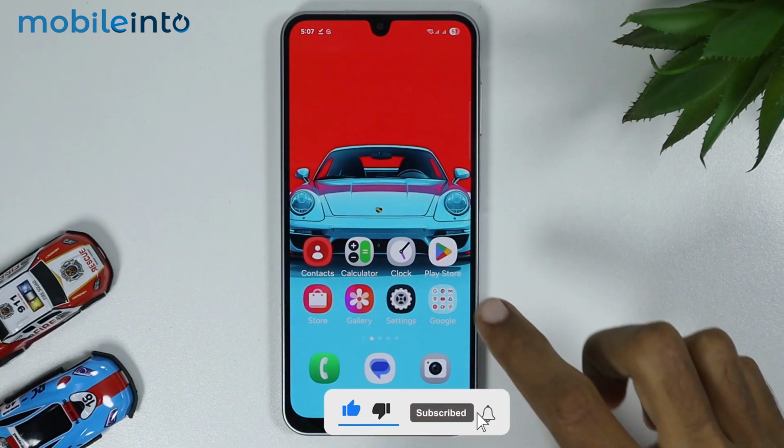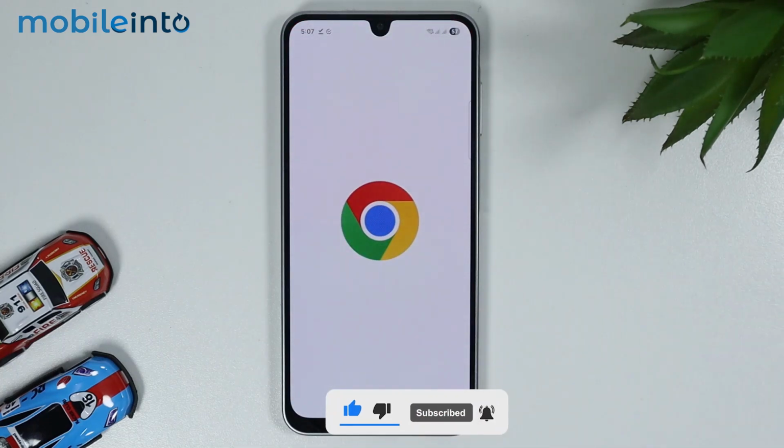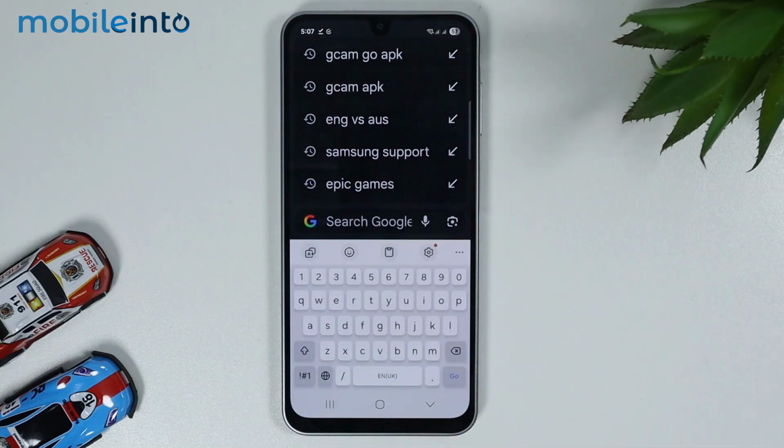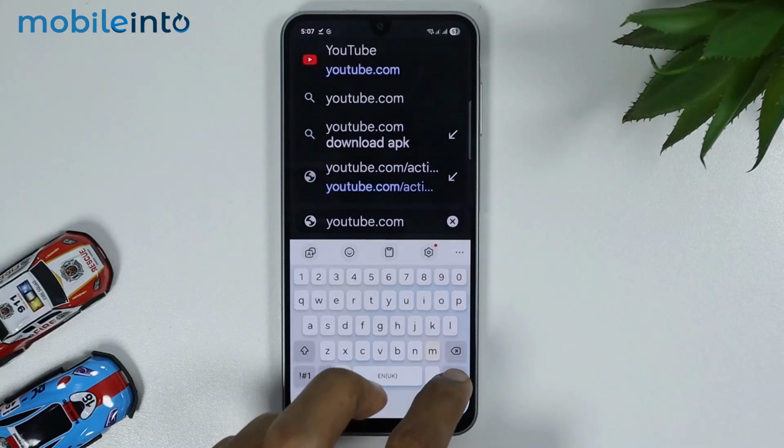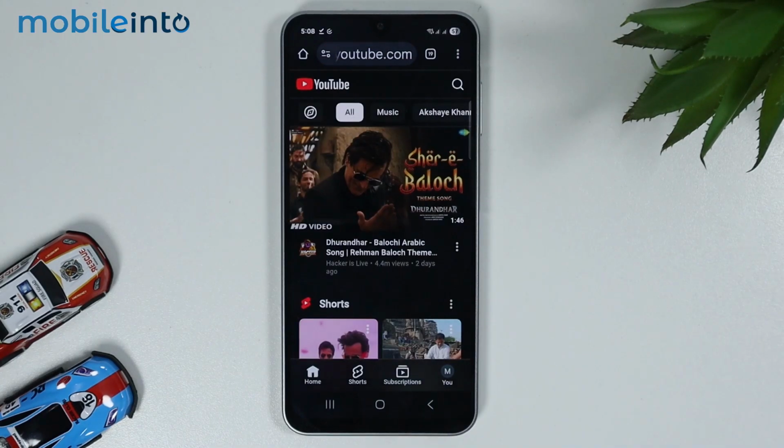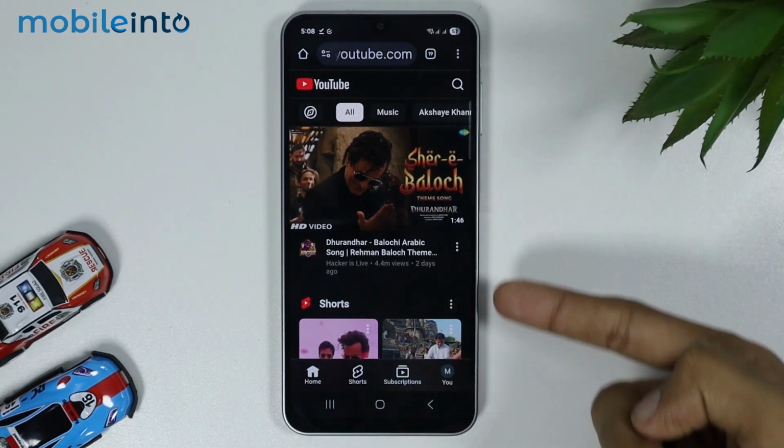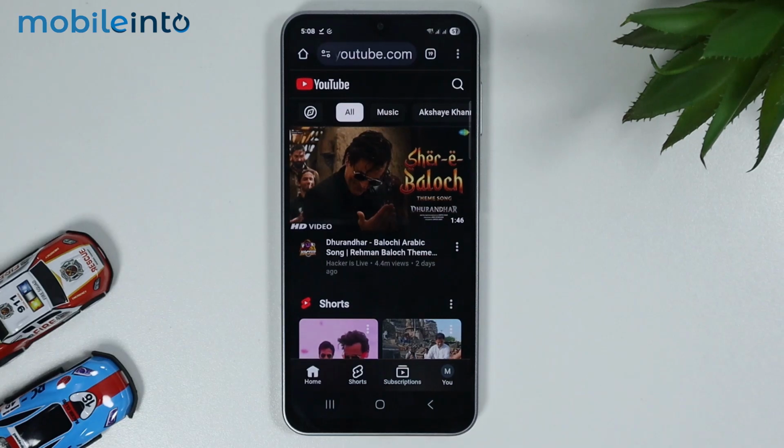Now to do that, just open the Chrome web browser on your Samsung phone. Then in the search bar, just search this. After you open the web version of YouTube on your web browser, the next step is to